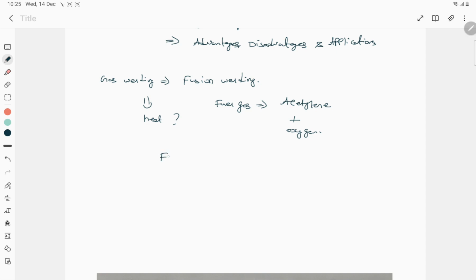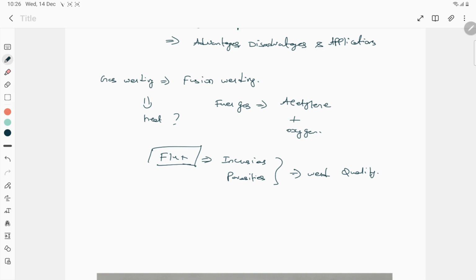Here also we will protect the weld from atmospheric contamination by the usage of flux. As we know, during welding the metal will be subjected to heat. When the material is at high temperature, it shows more affinity towards atmospheric gas interaction. This will result in some formation of inclusions, porosities, which in turn affect the overall weld quality. So in order to prevent the interaction of the weld from atmospheric contamination, we will try to use this flux